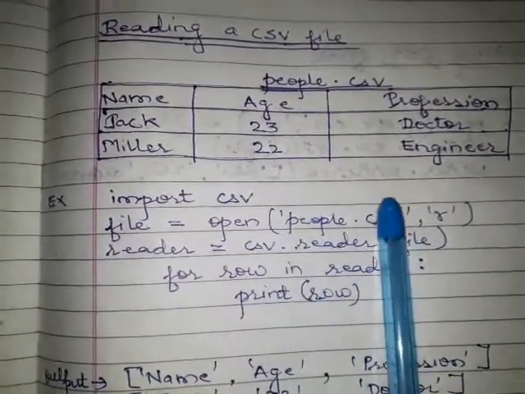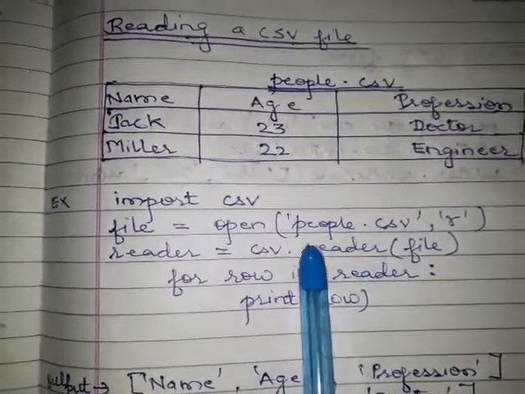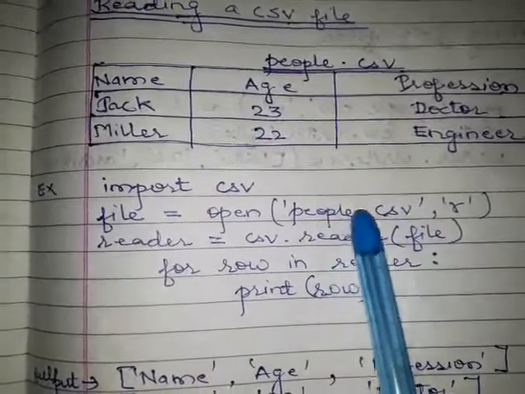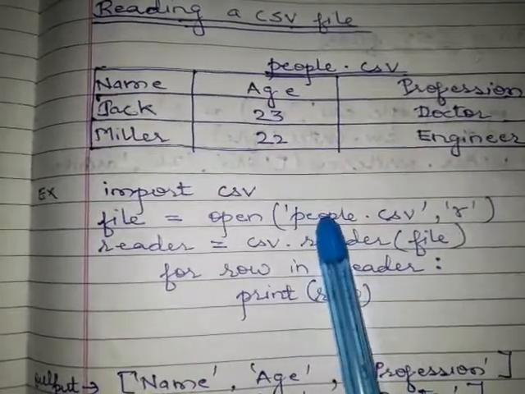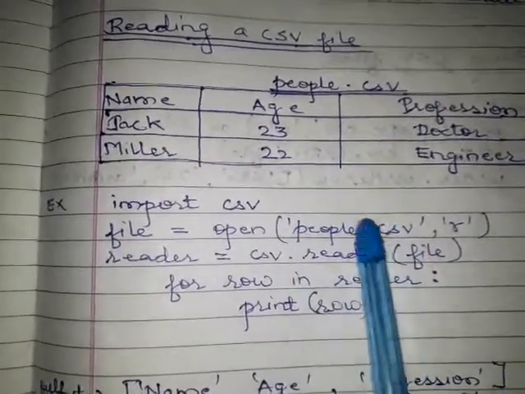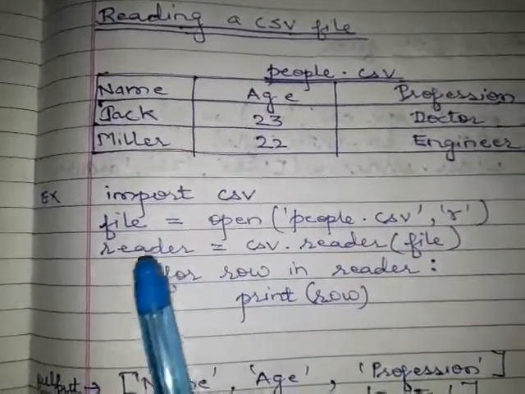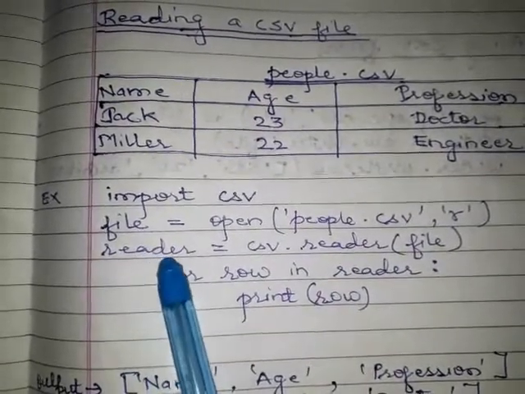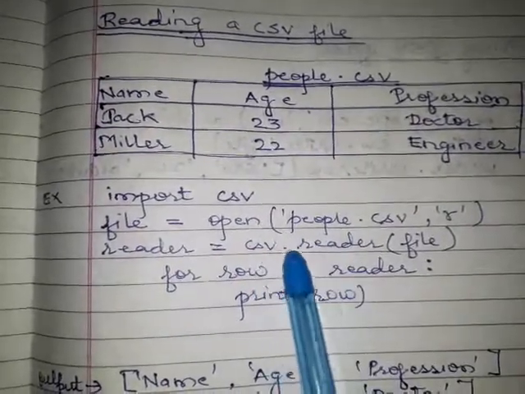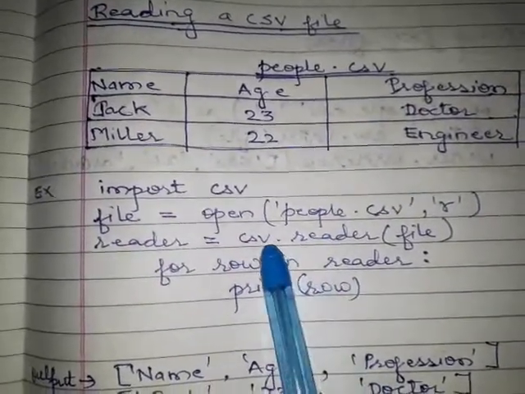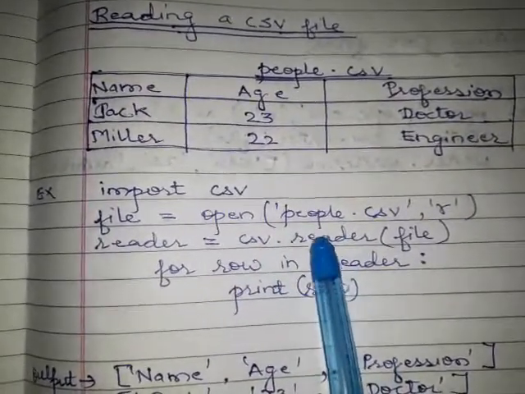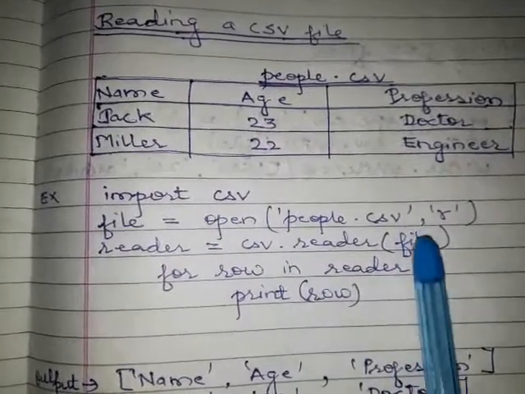I am not showing the path of the file here, so if you are making the file in a particular location, then you have to mention the path also here. Otherwise, if it is in the same working directory where your Python file resides, you can only give the name of the file. Now here I have defined a variable reader. You can name it at your own choice, equals csv.reader. The reader function is of the csv module, so I am using the csv.reader function, which takes a file as argument,